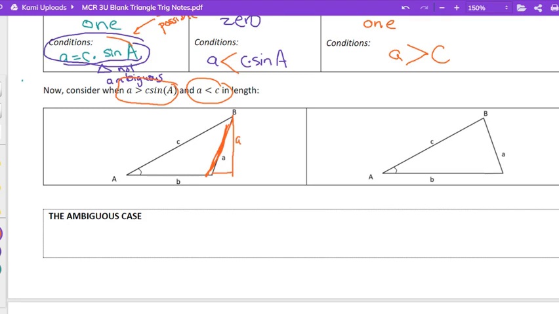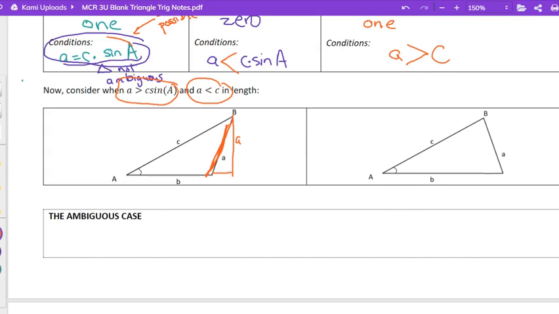So here, this length A is the same length as this length E. Now B can be as long as it needs to be, because we don't know how long B is. That's an unknown. So B can be short or it could be long. But we do know A. So if A is longer than the vertical,